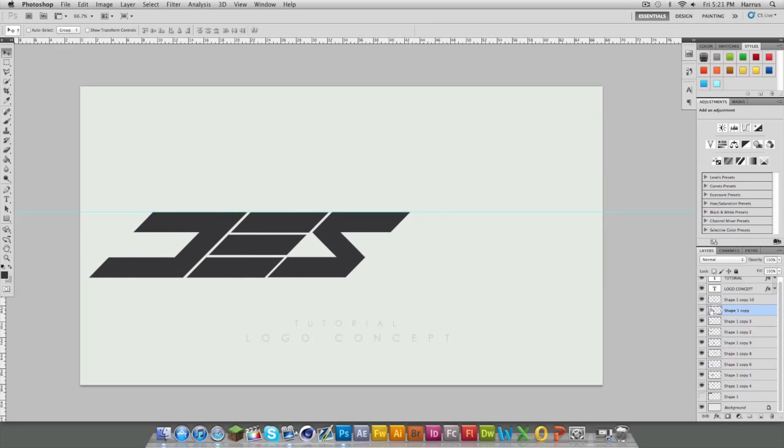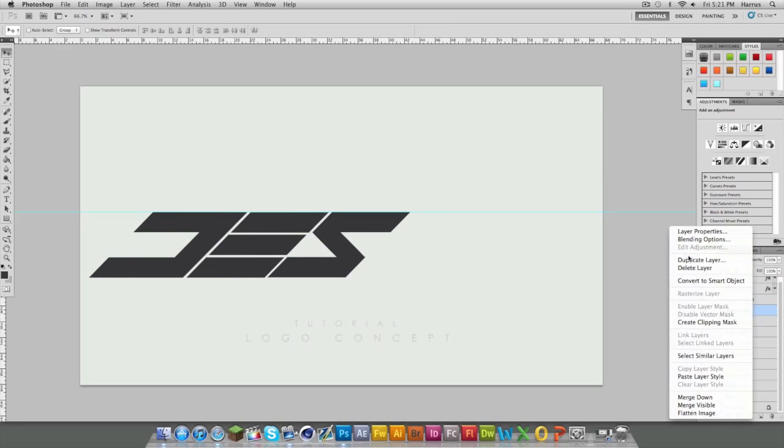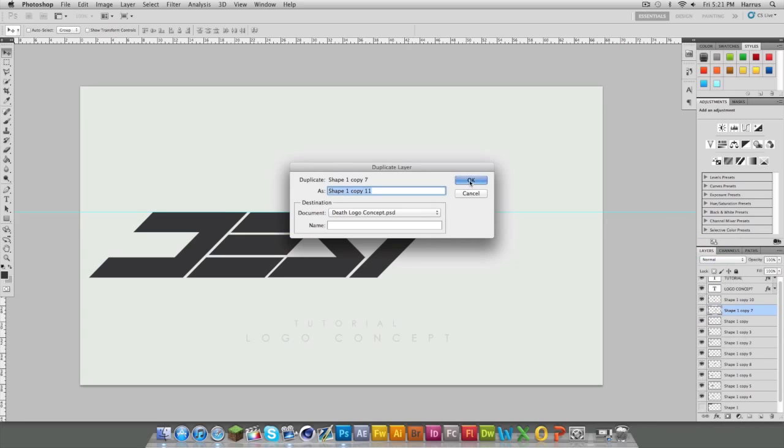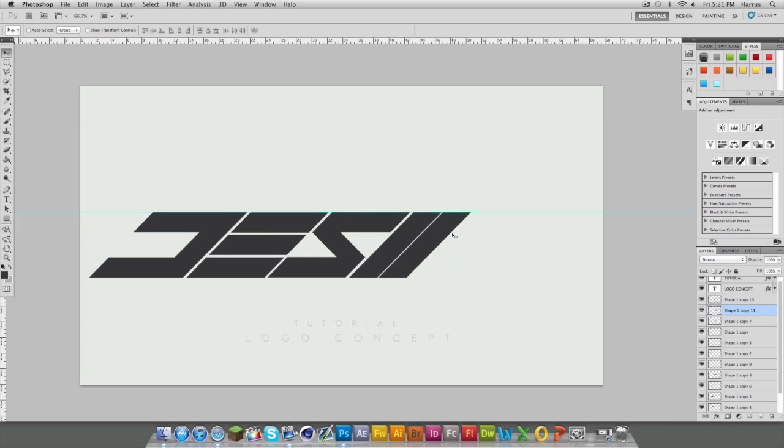For the eyes are really easy. All you have to do is duplicate one of the slanted blocks here that we've already made and move that over there. So there's the eye. And then for the G, we'll duplicate the eye that we've placed, bring that over like that, leaving a gap in between. And then we'll get two of these blocks that we've placed here, duplicate them for the G,